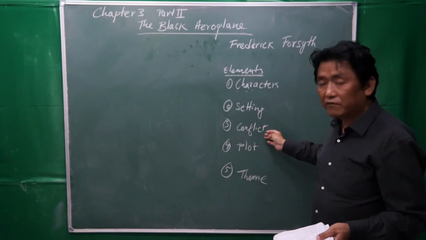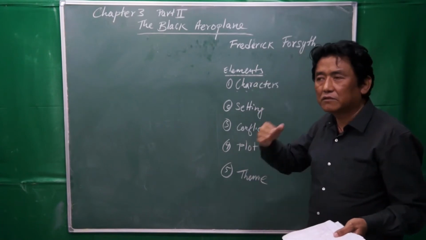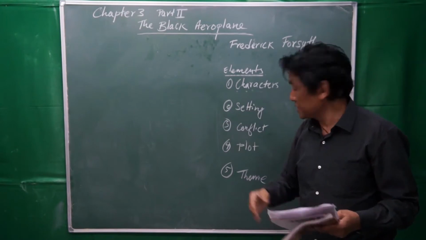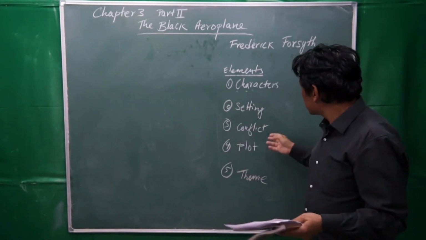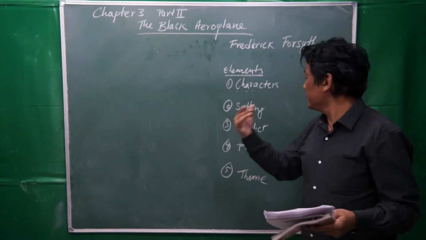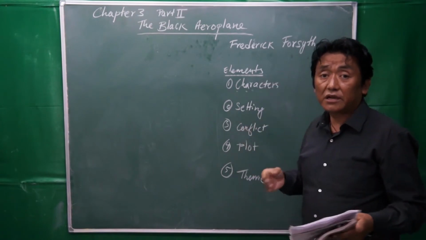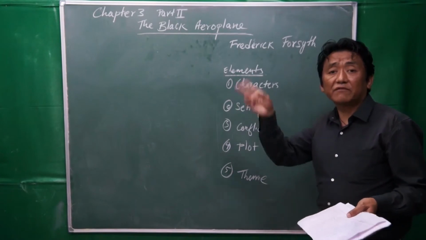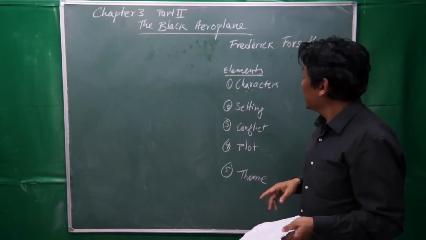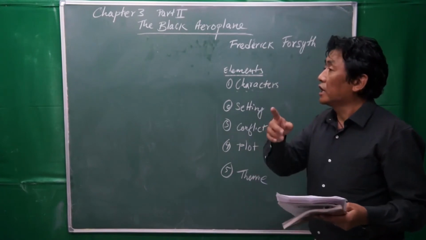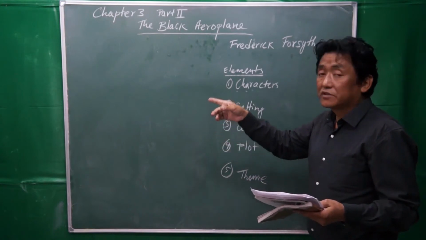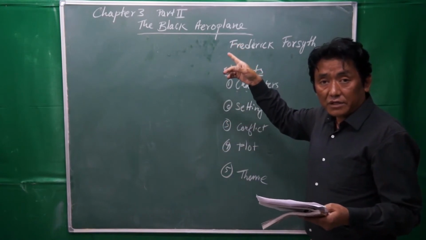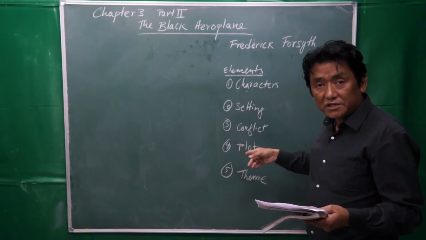And then we have conflict. A conflict is always there in the story, okay? In order to overcome that problem and conflict, the main character has to do a lot of work. The plot is the story itself, as we have mentioned earlier. It goes in exposition, then it climbs up, and then there's a climax, then resolution. It just goes on like that.